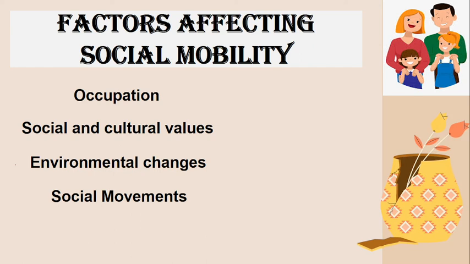The last one is social movements. Social movements help in collective mobility, like the Black rights movement in the US for the Black community, or feminism. So social mobility and equality of opportunity can be measured in terms of earnings, income, or social class, but can also be understood to encompass other well-being dimensions such as health and education.